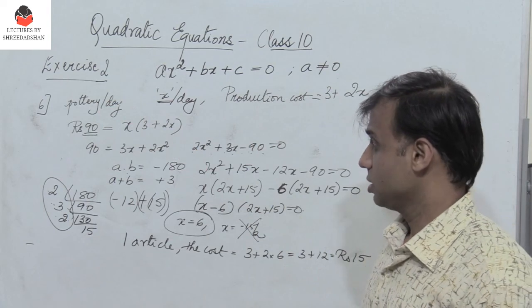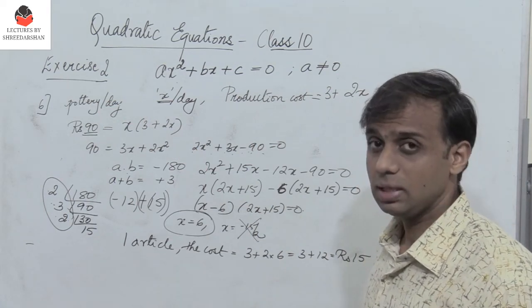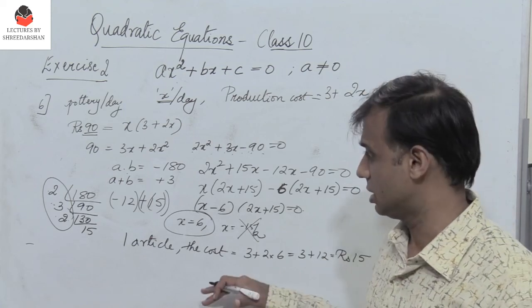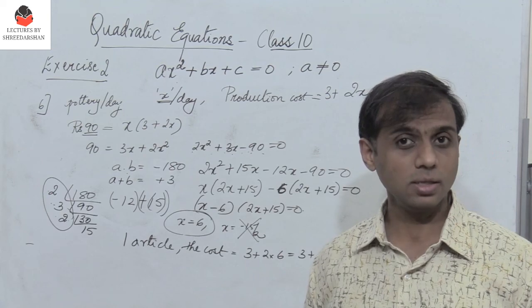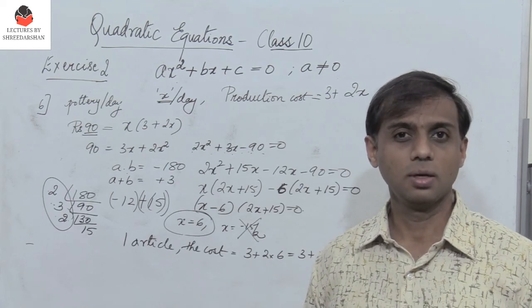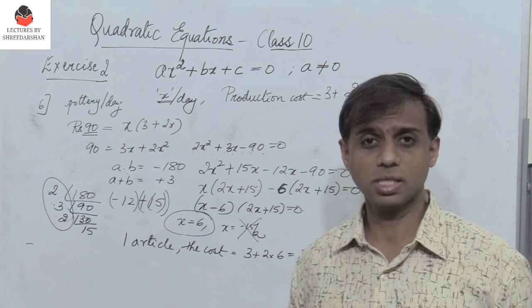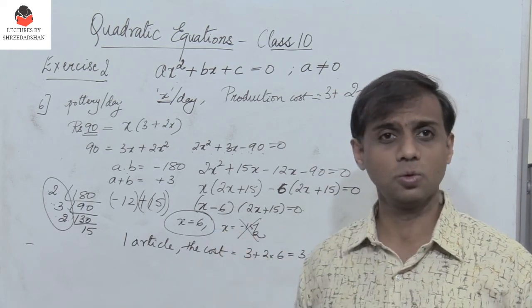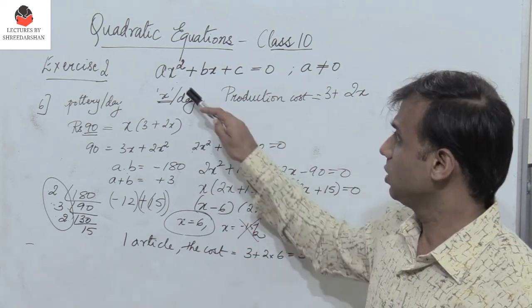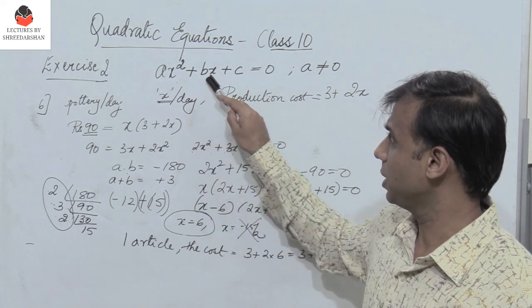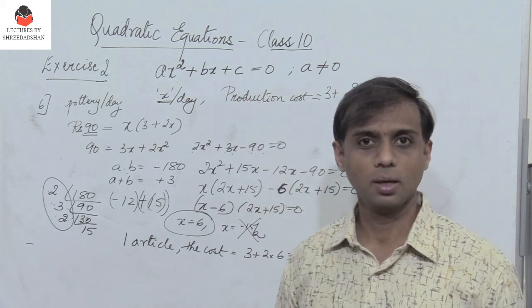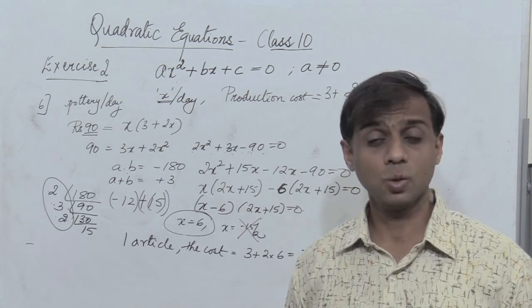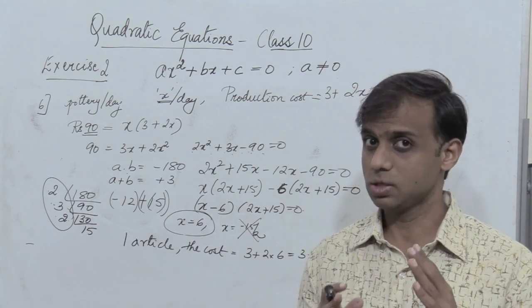Alright, so this is how we have to solve the problems given in the exercise: convert sentences into quadratic equations, and then find the solution. In the next video segment, we shall derive an interesting result. Is there an easier way or a formula to find the roots of a quadratic equation of the form ax squared plus bx plus c equal to 0? Can I find the roots by using a formula? Yes, it is possible. So we shall derive the expression,